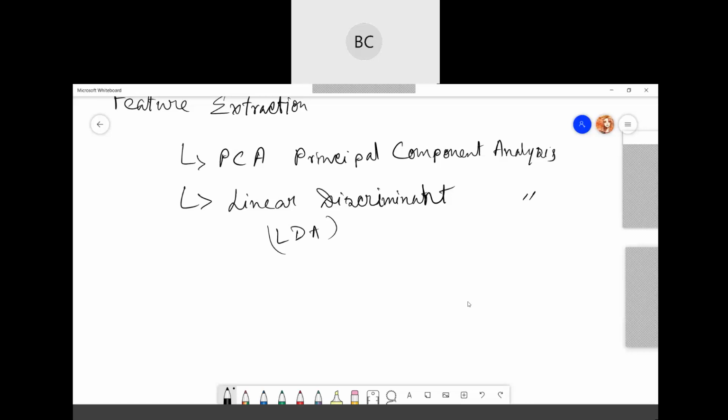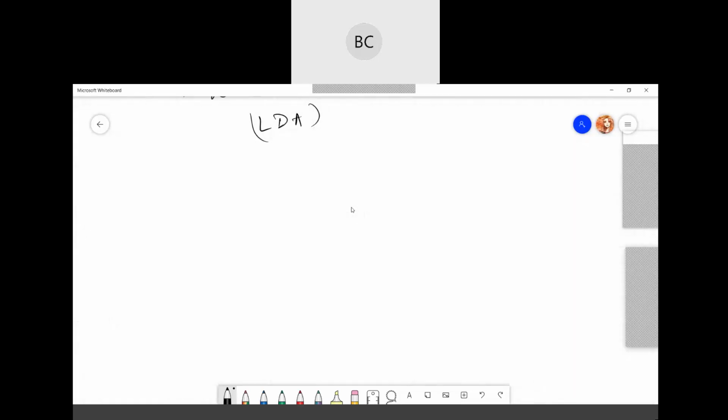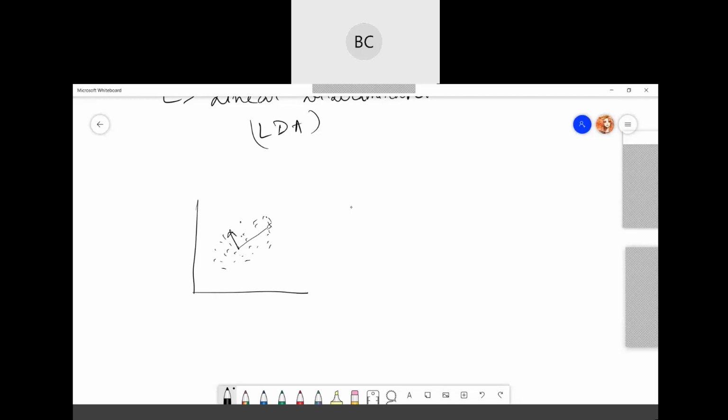So basically with PCA, suppose these are the features. We find the variance, the direction of maximal variance. PCA is your unsupervised process.